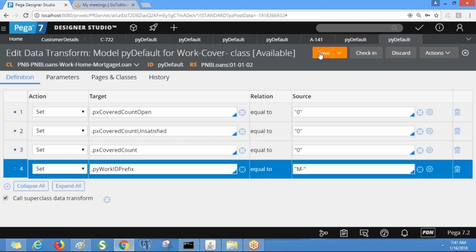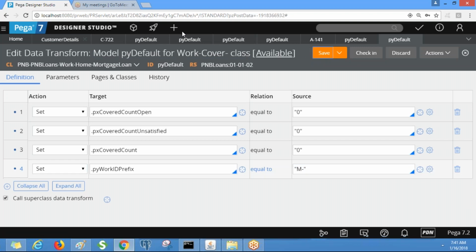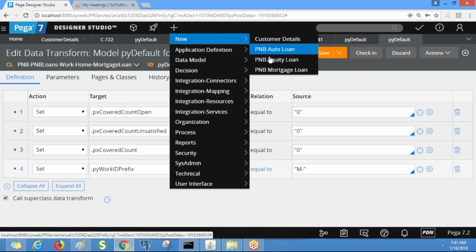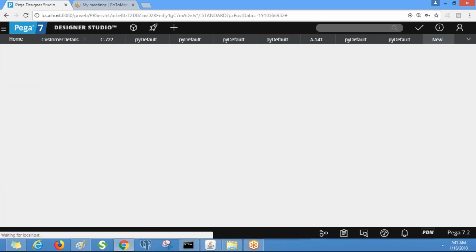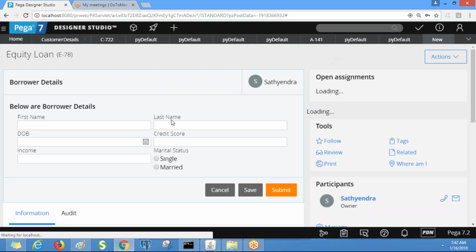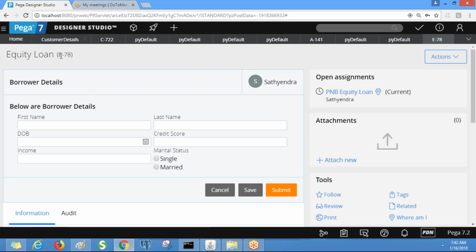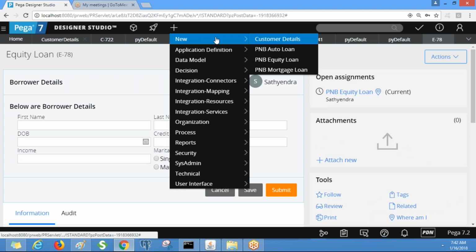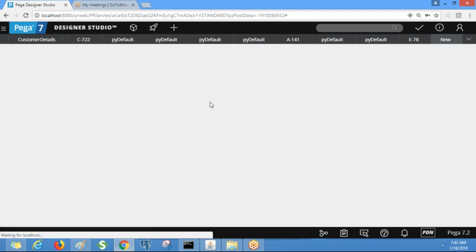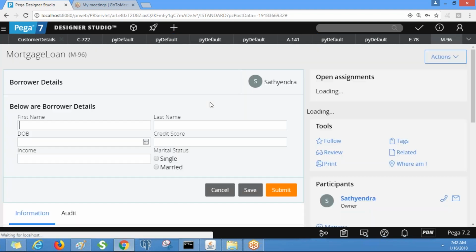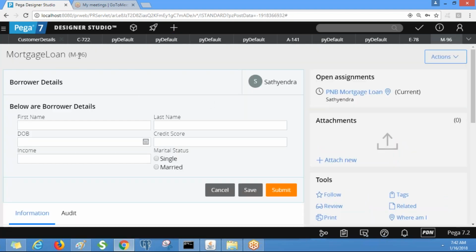Now let's run equity loan. You see the work object prefix as E dash. Similarly, if you run mortgage, you will see M dash as the prefix. Clear?